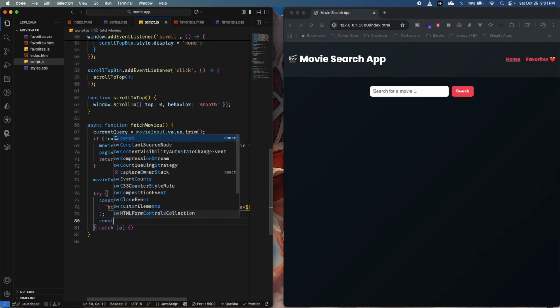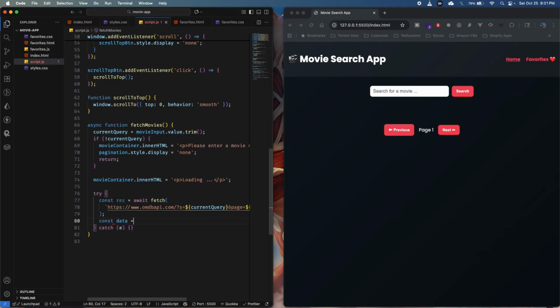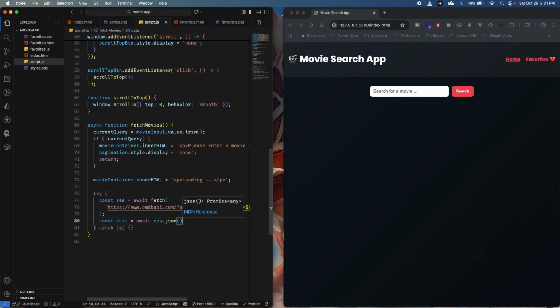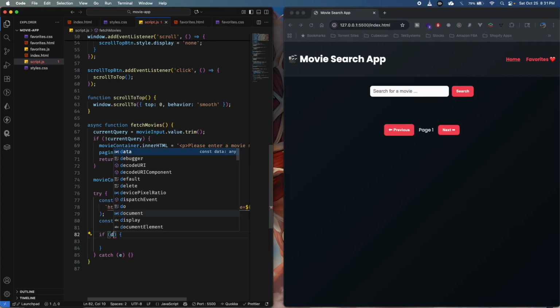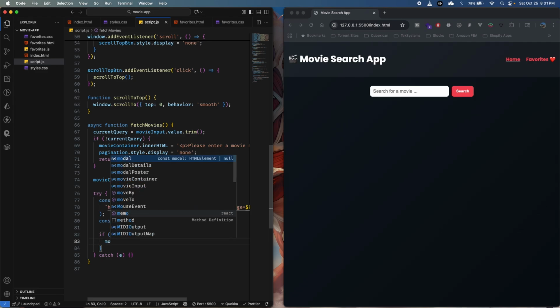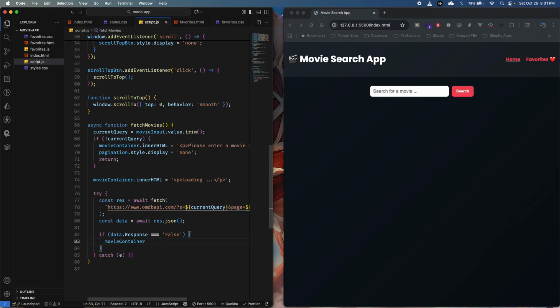We are going to do another const here, data, and then we are going to await because we want to format that data as JSON. So let's put here res.json. Good. And then we are going to make an if conditional here. So we are going to say if data.Response is equal to false, then we set on the movie container the innerHTML